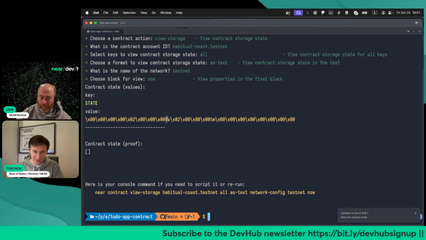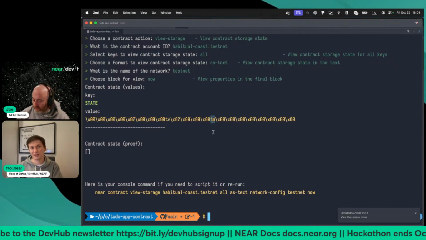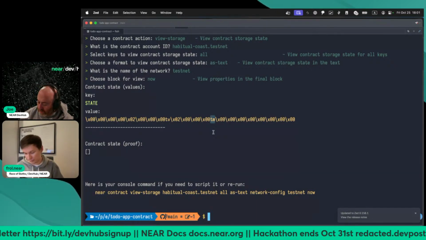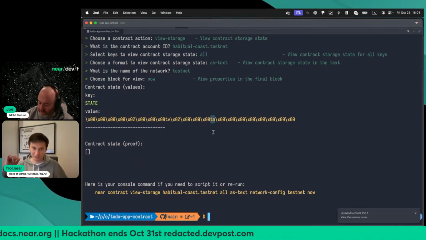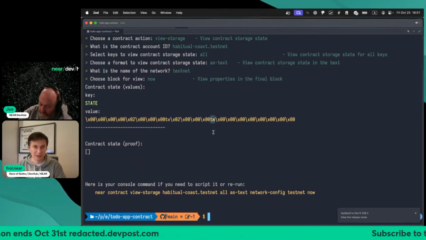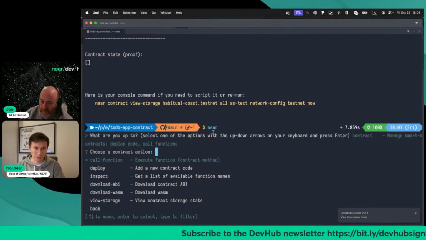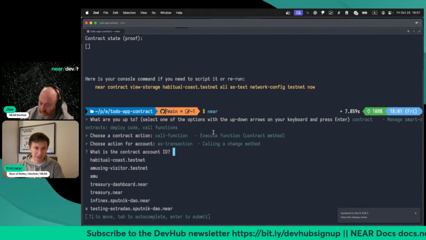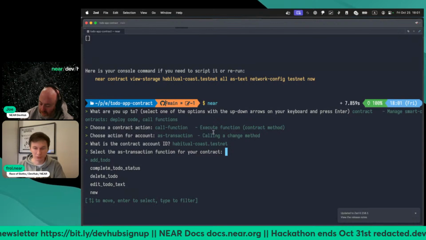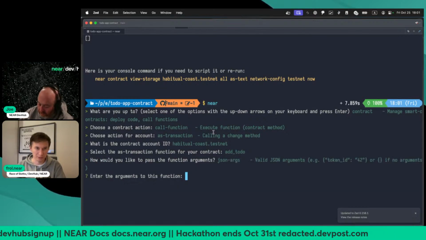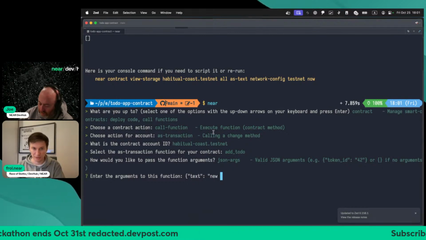There is this T and TV and TM. Actually, underneath the iterable map, there are two vector implementations, one for keys and one for values. But you don't need to really care about it. But let's add something to it now. So call contract as transaction. This is the contract that we want to call. We want to call add_todo. We want to provide the parameters. Text is a new